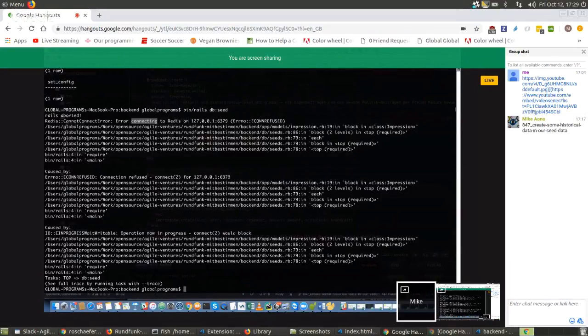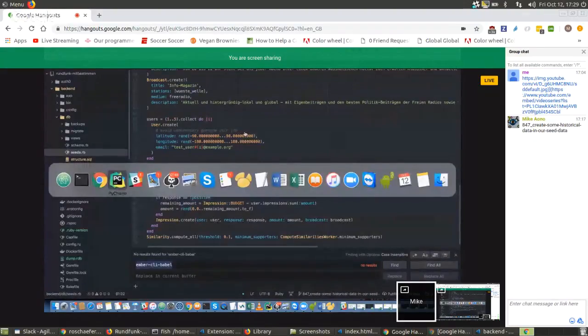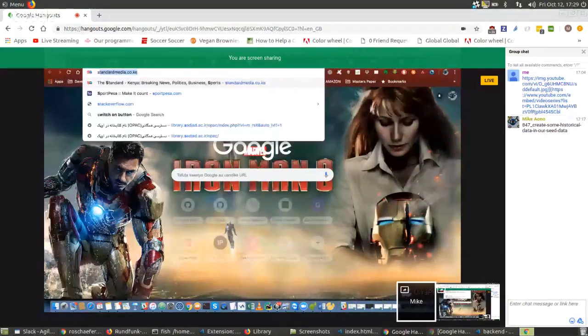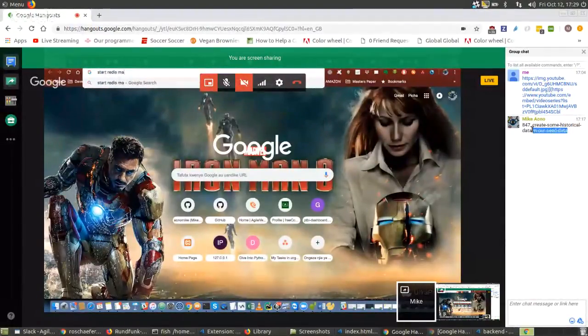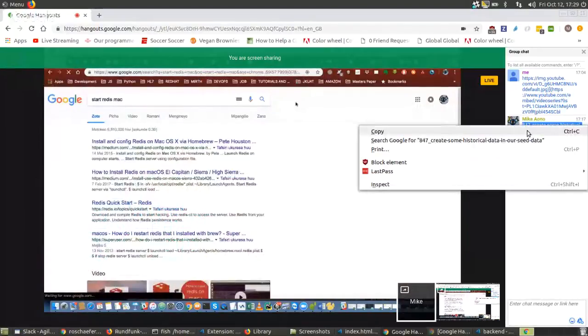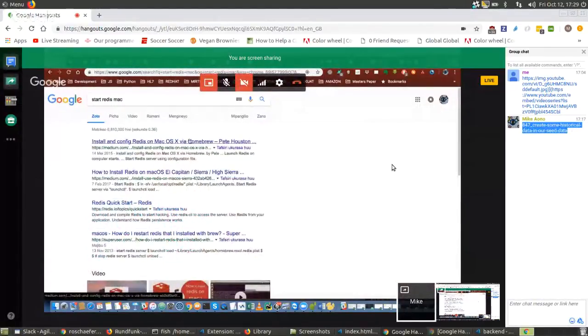So we definitely need to figure out why it's not letting you connect to Redis. Otherwise, it's going to be difficult to work on this. I don't have any immediate ideas.